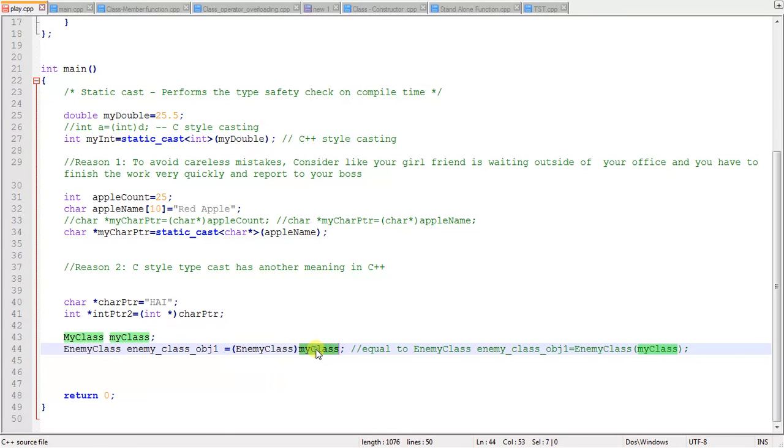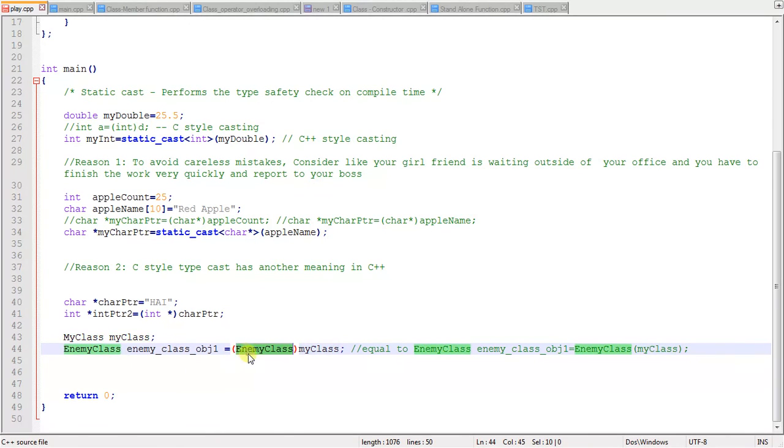This is equal to calling a constructor of enemy class with one argument. Kindly look into this. Here enemy class is a class, whereas myClass is a parameter to the constructor of enemy class. So this thing and this thing are equal. It does not mean typecasting myClass into the enemy class. It means calling an enemy class constructor with one argument.